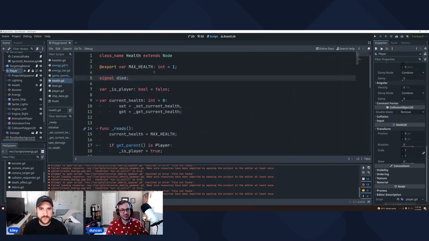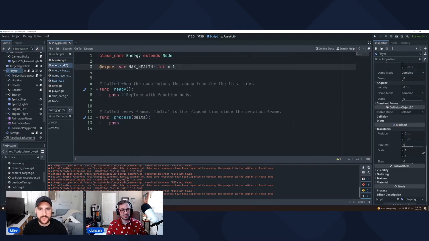Let's take a look at health again. So max health, right? That's important. So let's go ahead and pull that over. We'll call this max energy, right? Basically we're going to be getting more and more energy over time, and at a certain point we need to cut that off. If you think about what would happen in the world, we've got an energy generator and it can only handle so much energy.